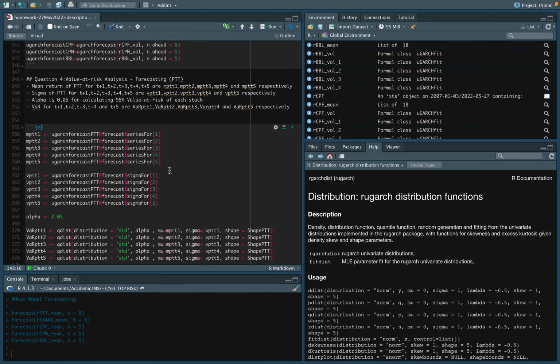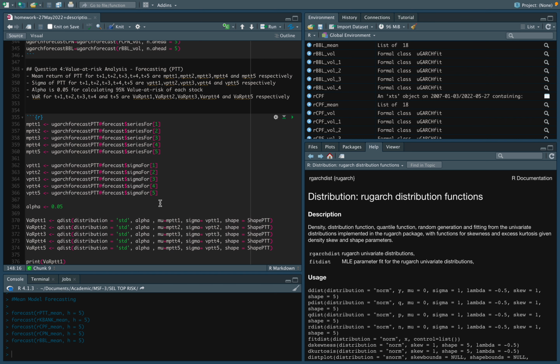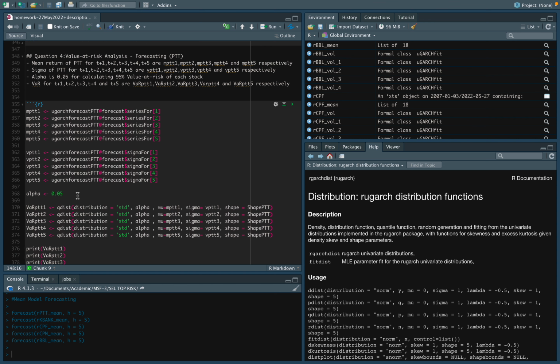So for example, the value at risk of PTT for the next 5 days, we define mean return for T plus 1, T plus 2, T plus 3, T plus 4, and T plus 5. Then we define the sigma of PTT for T plus 1, T plus 2, T plus 3, T plus 4, and T plus 5, and then we use alpha at 0.05,